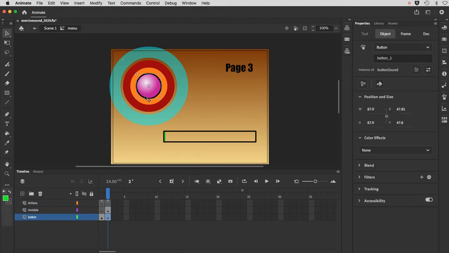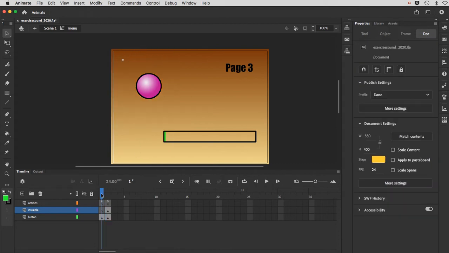This is the main button in the middle, and we will use a gradient similar to what we see here. Then I have a second circle behind it, the orange button there, and then a red circle behind that, and that's another button, if you will, and that one has animation in it, which I will show you as well. And then this big green one is the invisible button, which ultimately sends us back to frame 1 when we